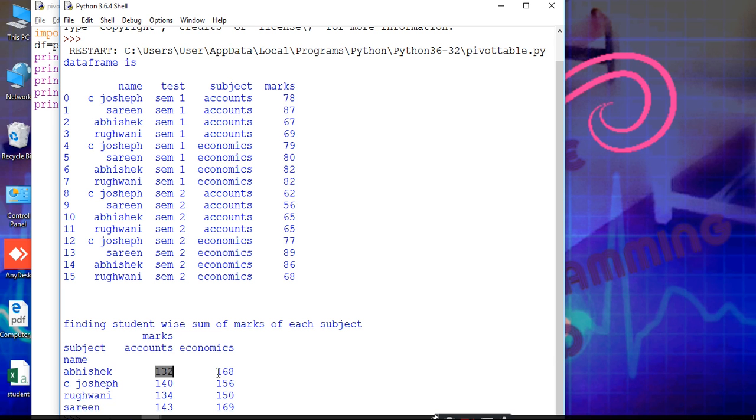See here the output. The sum of marks is divided into two parts, one for accounts and one for economics.